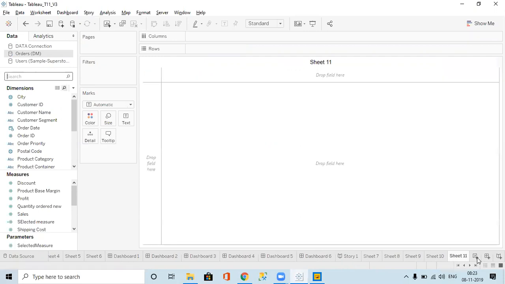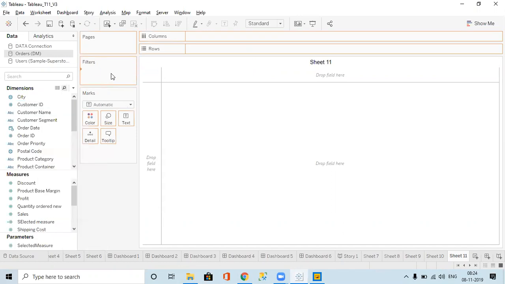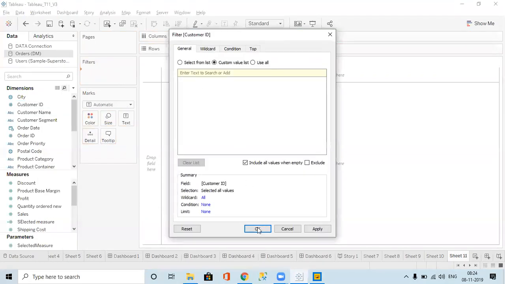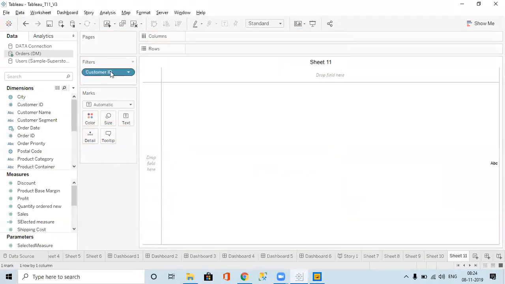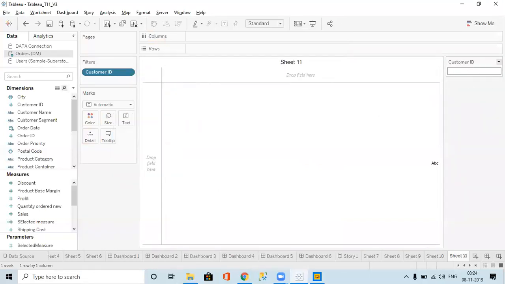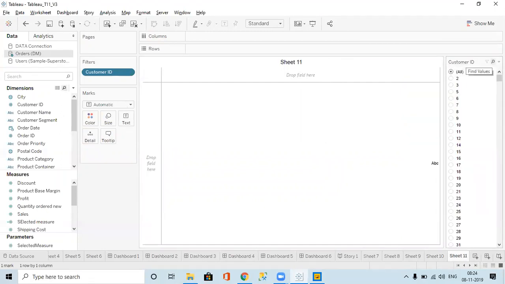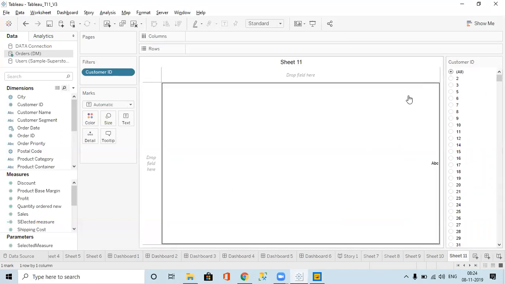See, basically, if you want to use the parameter option, then you have to go. For example, every month you are getting customer IDs, right? So we can use it in a filter, right? Like I can take this one and choose it as a filter. In the filter, I don't have that kind of issue. So in the filter, you can see all of them, correct? Even if it is updated, we get it.